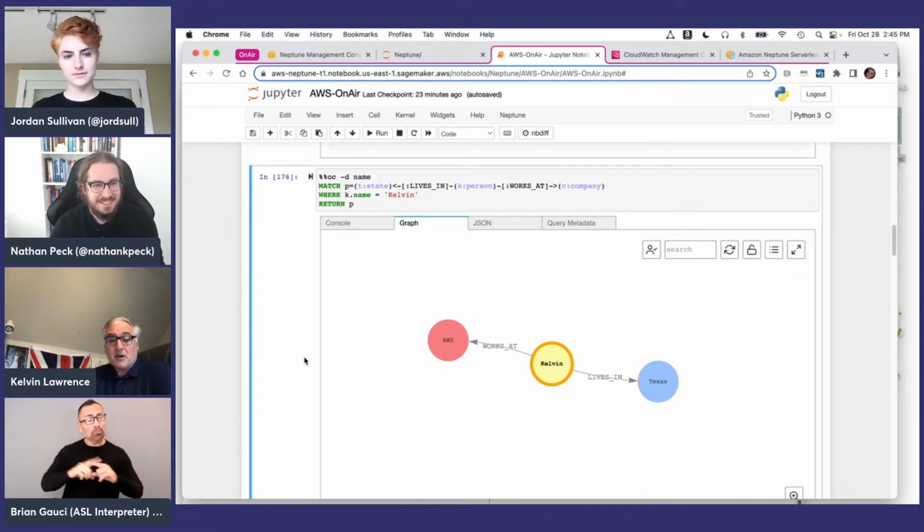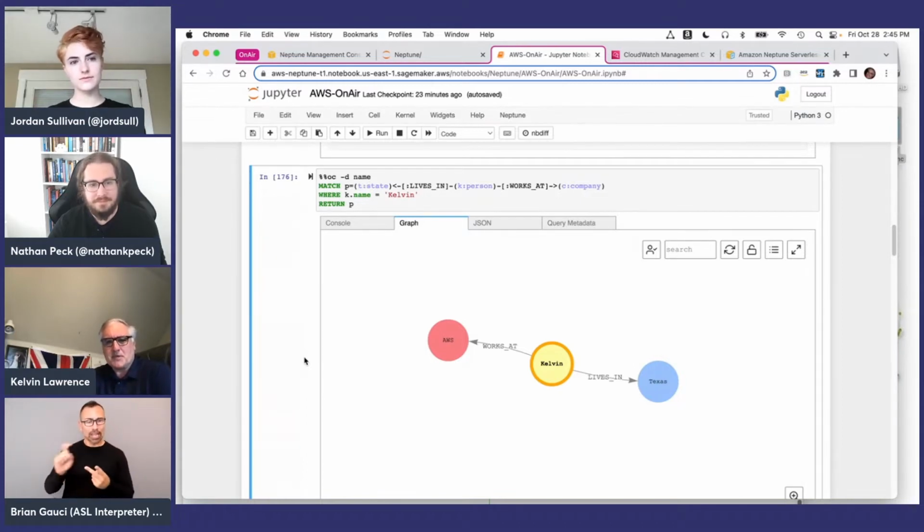And I think that's where graph query languages and graph engines like Neptune come into their own, because you could imagine in a relational system or DynamoDB tables, you could very easily build one-hop representations of Kelvin to Texas, Kelvin to AWS. But when we start to explore deeper and say, who else works at AWS, what department are they in, who else do they know,